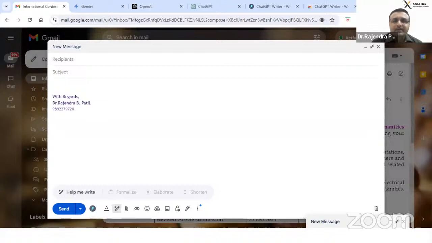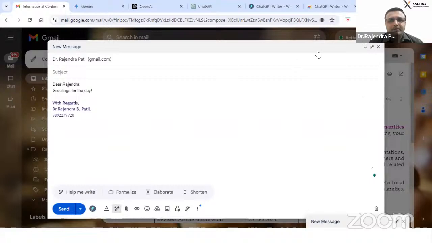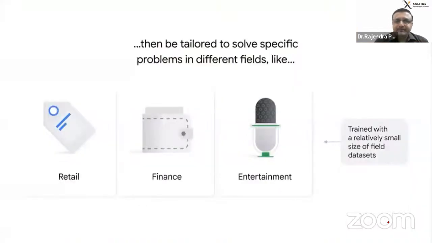Now we'll go for the tools, whatever is required to use at your end. So as a researcher, for all these different fields, you can make use of these tools.